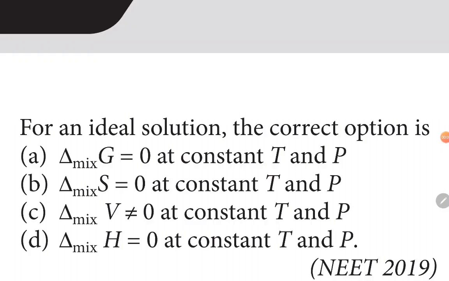Yes, students, the 20th question of the chapter is, for an ideal solution, the correct option is. Guys, the definition of an ideal solution is that the two liquids that are mixing together have similar attraction to each other as compared to their attraction with themselves. इसका मतलब students, AB interaction will be similar to AA interaction and BB interaction if the two liquids that are mixing together are A and B respectively.